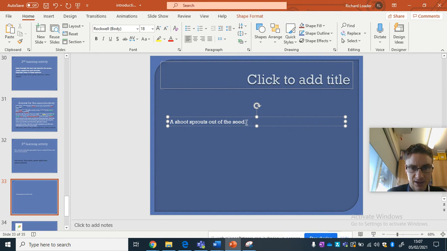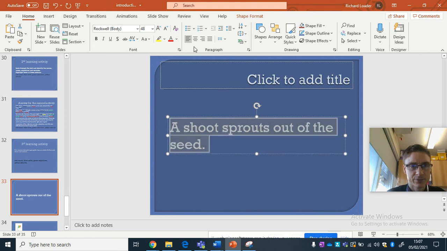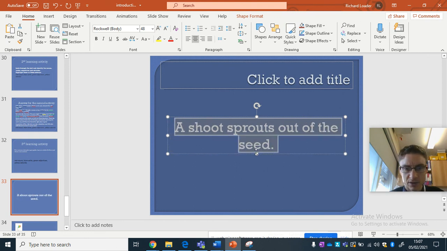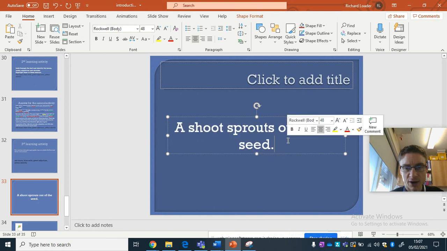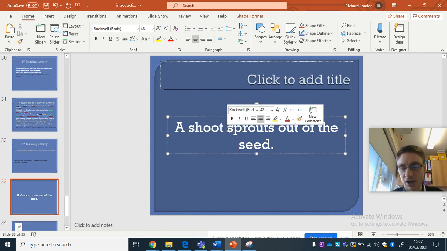Okay. So let's make this a little bit bigger. Now it's a really simple sentence. So a shoot sprouts out of the seed. So we know we've got a noun and a noun, okay, and sprouts would be our verb. So in there I've got two of the four things. So if I think about my nouns, which is shoot and seed, can I describe them? Then I get in my adjective, don't